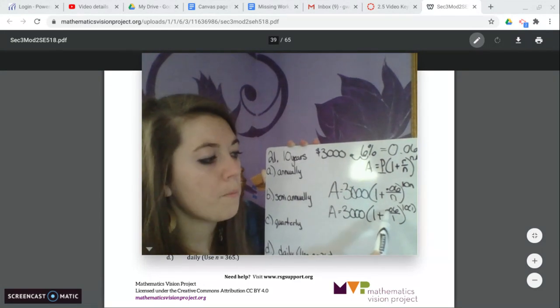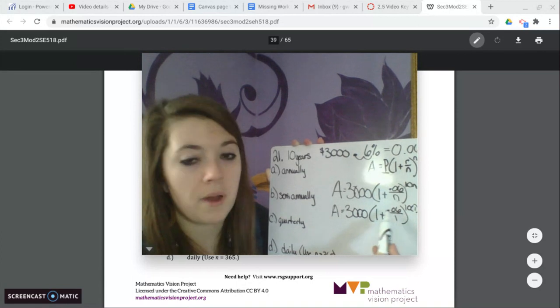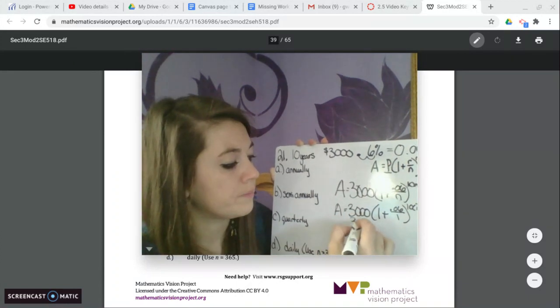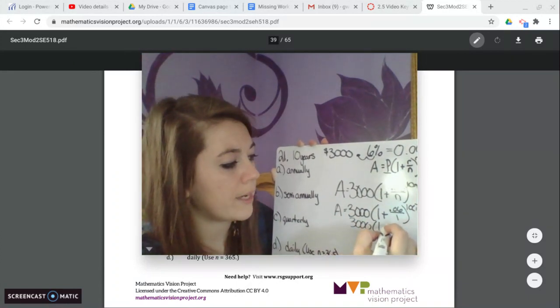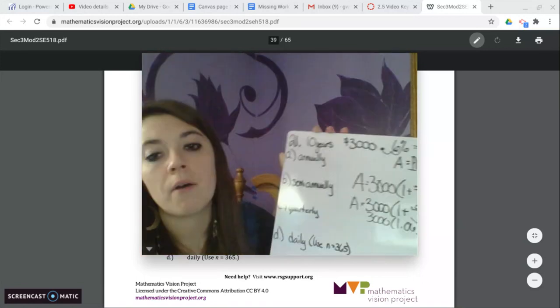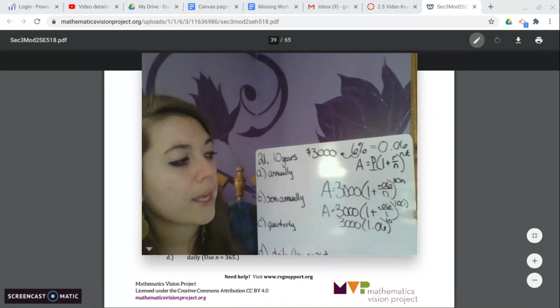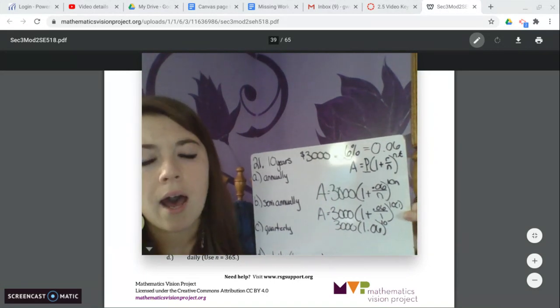Well, 0.06 divided by 1 is 0.06, plus 1 is 1.06 to the power of 10. Now, this is where you plug it into a calculator. And quite frankly, you could plug it in a calculator right here. My suggestion